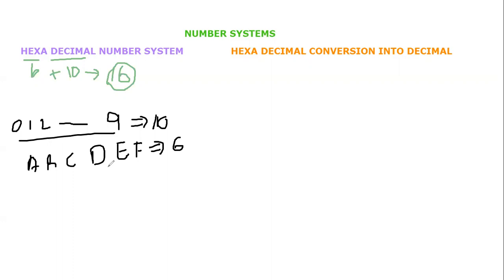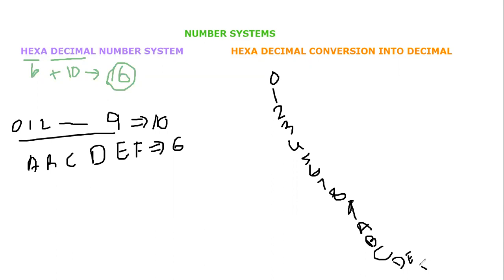So let's talk about how this number system grows. The logic is quite similar to what we discussed in the decimal and binary number systems. First numbers are 0, 1, 2, 3, 4, 5, 6, 7, 8, 9. It is simple counting. The next number: in decimal it was 10, but here we have another symbol, which is A. Next would be B, C, D, E, and the last number would be F. After F, we don't have any other symbol.